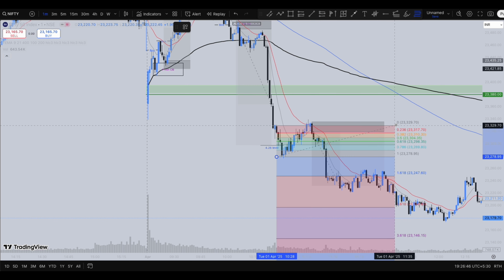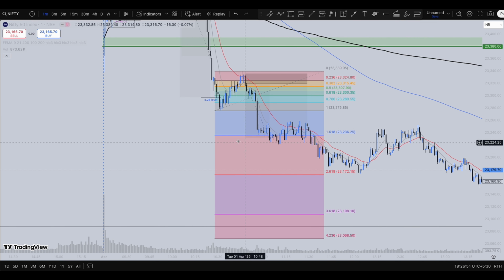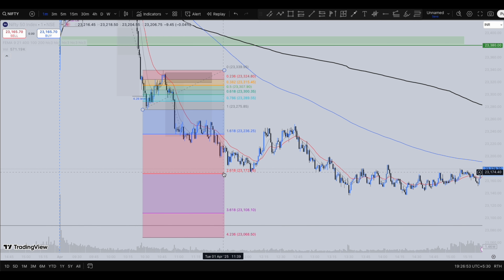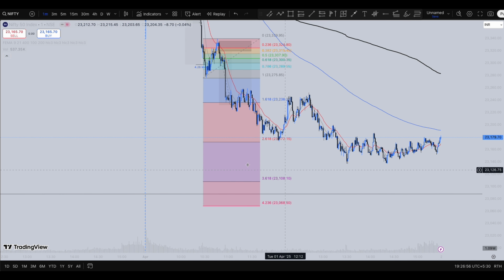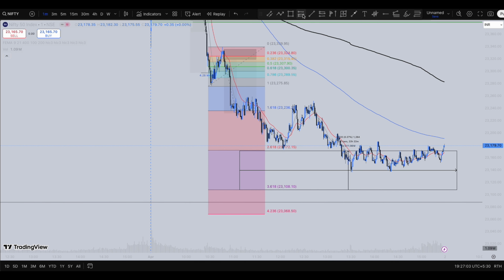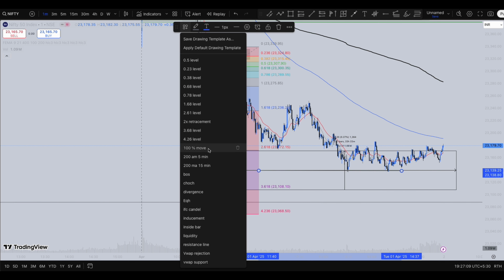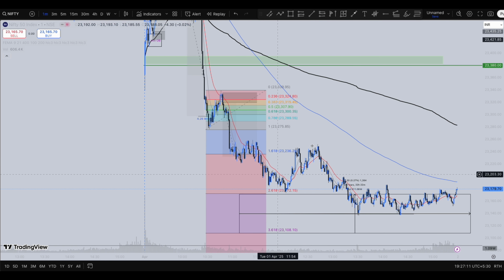So if you consider this retracement level, the high of this candle to the low of this candle, you could have targeted the 1.68 level or the 2.6 level. Or you could have targeted the midway between the 1.6, 2.6 or the 3.6 level. You can see how the market came all the way to this level. This is the point level. Or you could have easily targeted this zone, guys.